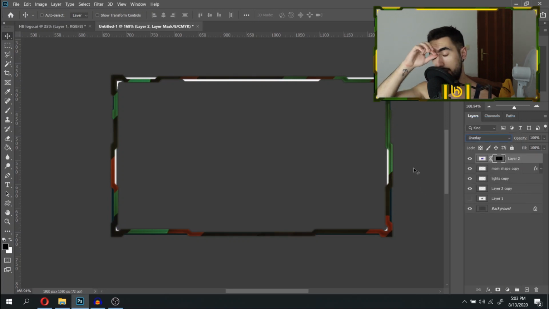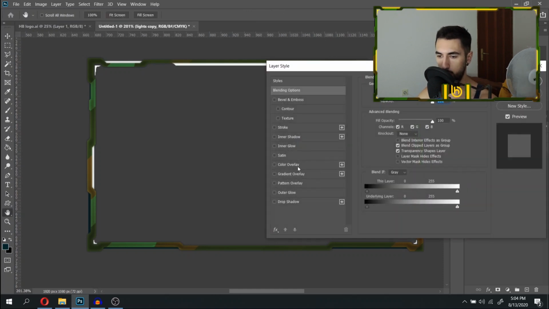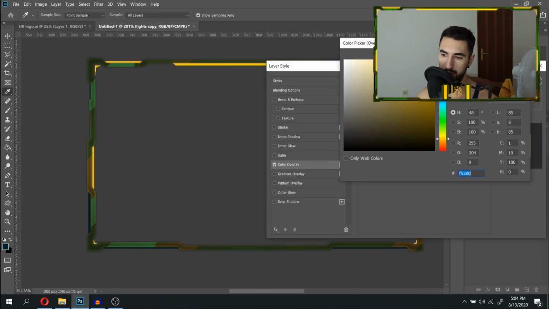Okay, by accident we got this really cool effect. It's like army colors. Maybe put down the opacity a little bit. Okay, I really like this. So on the lights, we open the light, go to color overlay and see what. Okay, we can use